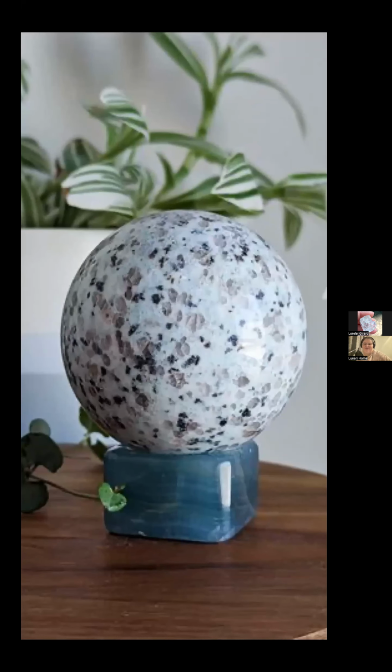Yes. All right, so you are showing a kiwi jasper sphere. Yes. And actually the gray parts are smoky quartz, and then I believe the black is tourmaline. So the jasper part would be the light bluish green color that you see there. But I'm also not sure, I guess it would be a jasper because it's not transparent.